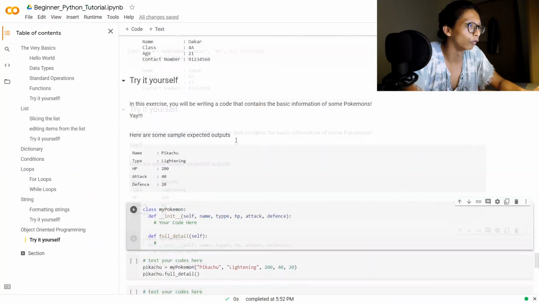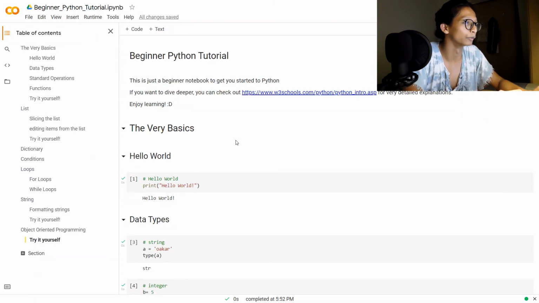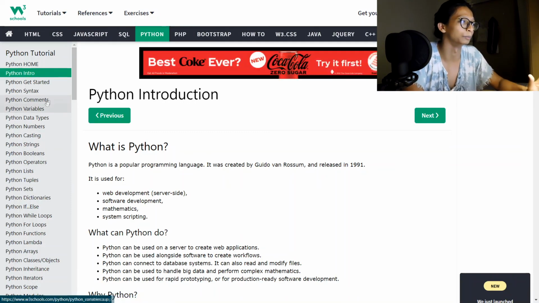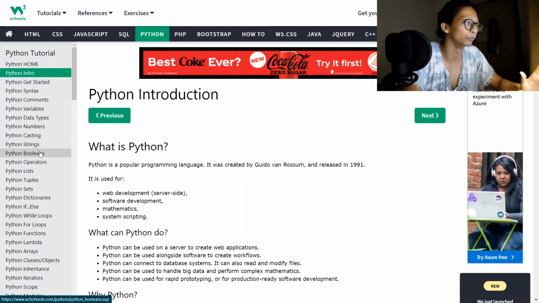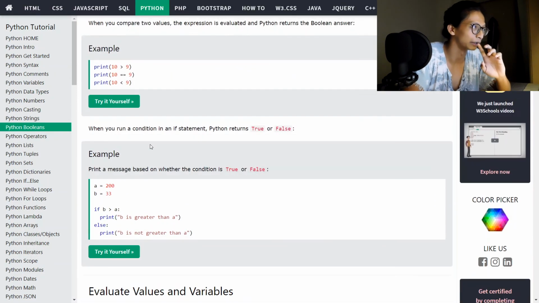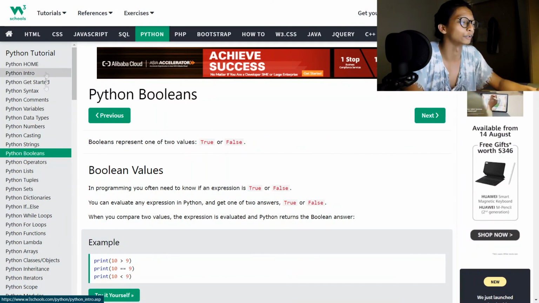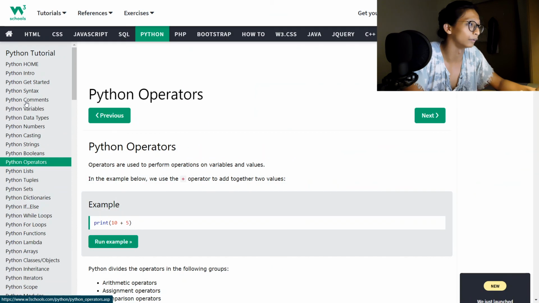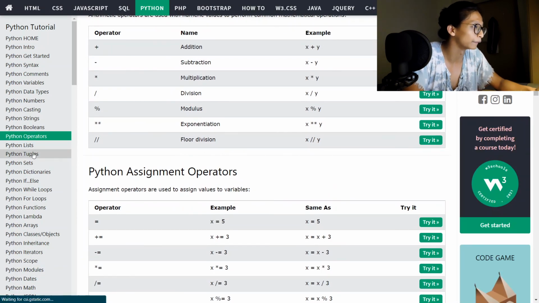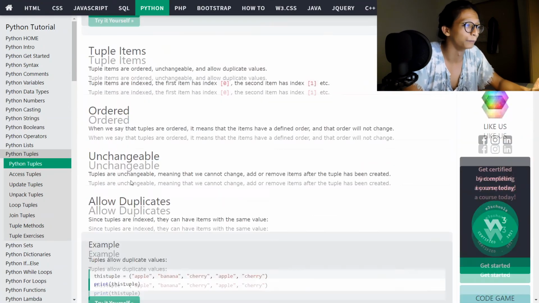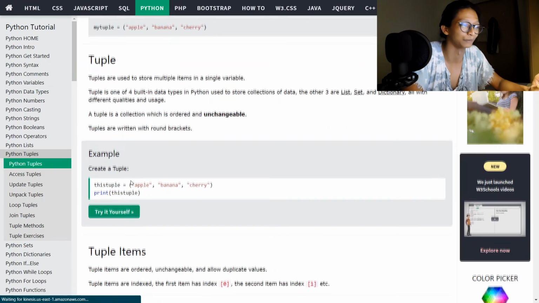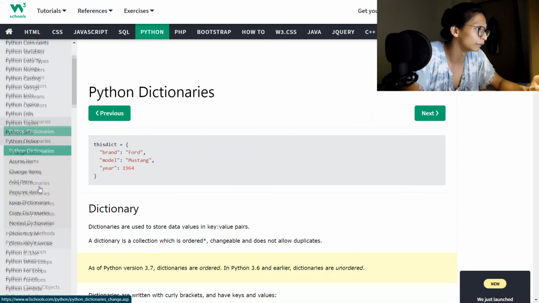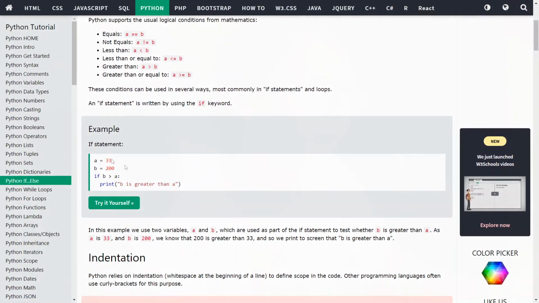So that's it for all the tutorial there is. If you want to go a lot deeper into the Python syntax or strings or booleans, the nitty-gritty details, you can visit W3Schools. It's a very, very good resource. Like operators, or some things that I didn't show, like tuples. Tuples are like lists, but I don't really see them as that useful, so I didn't go through it here. Also dictionaries, if-else. You can learn more about this